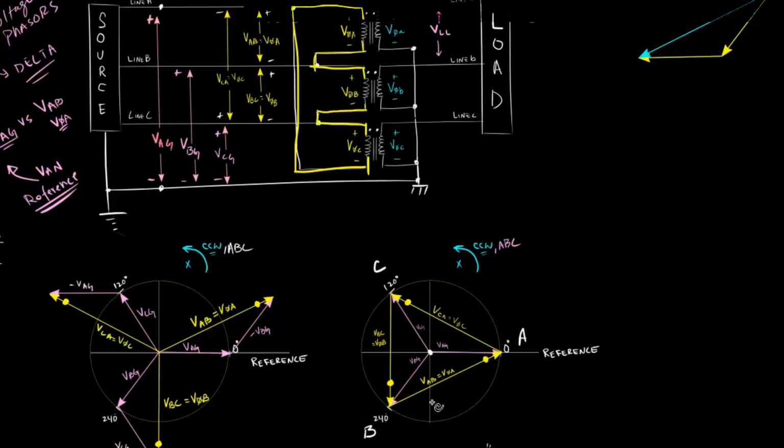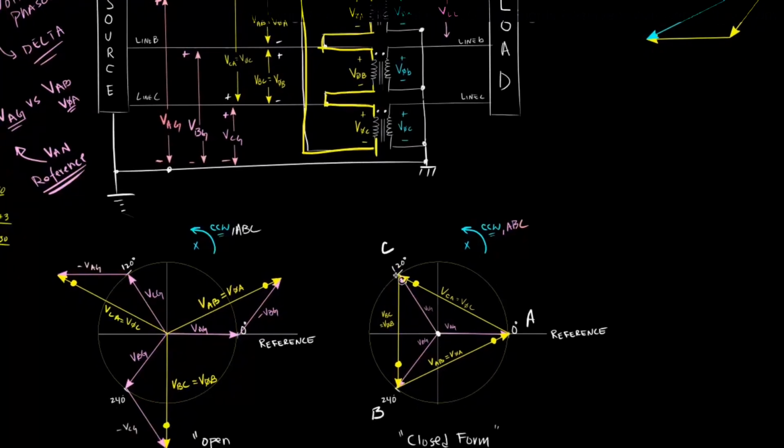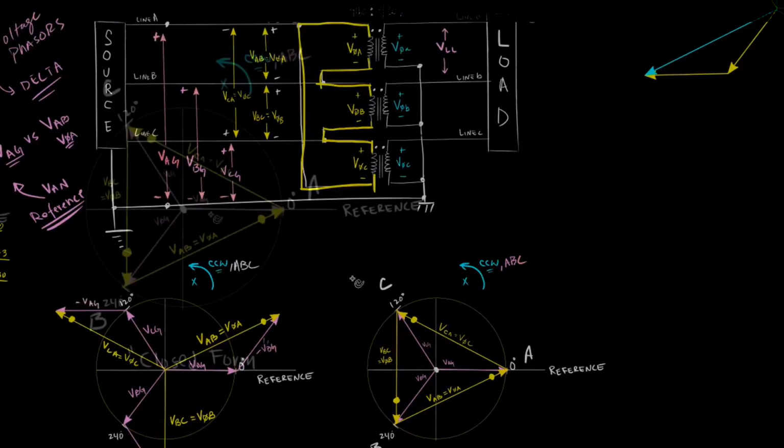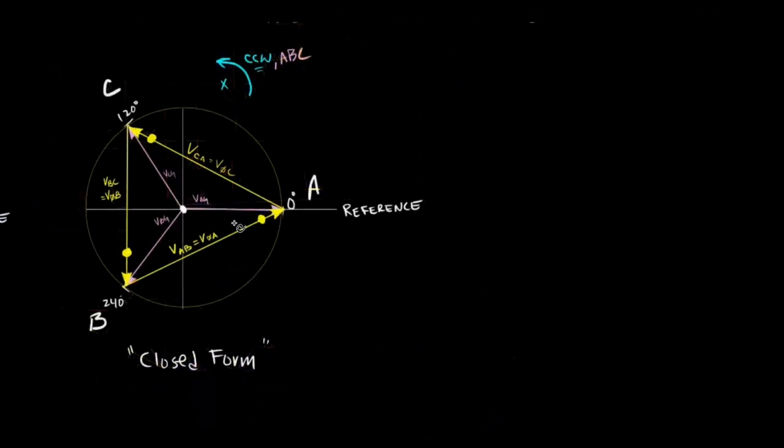So this closed form phasor diagram represents how this transformer is actually physically connected. And that's the most important